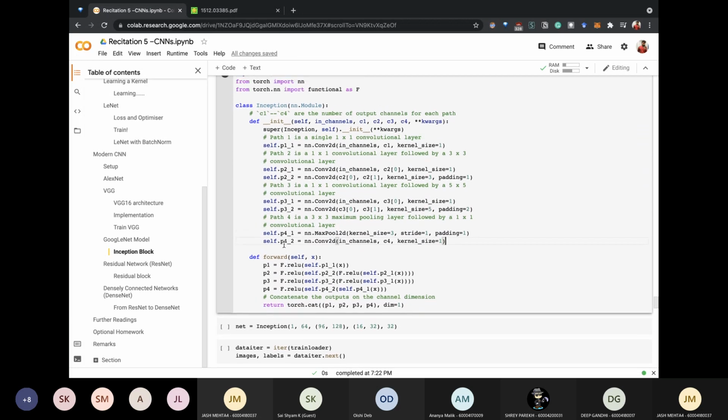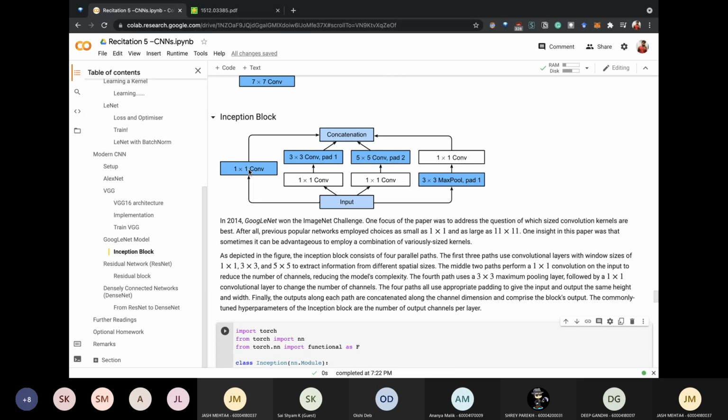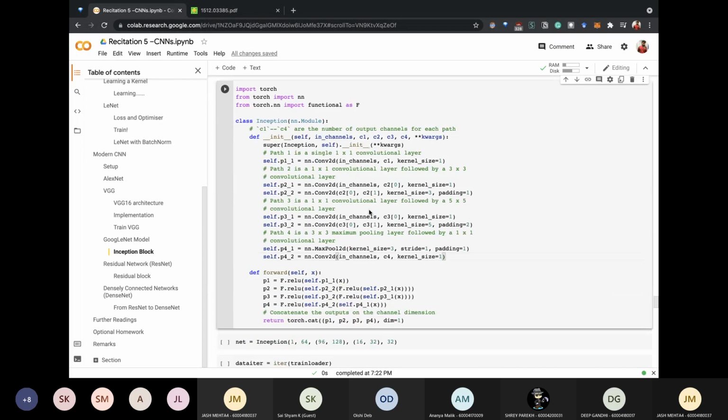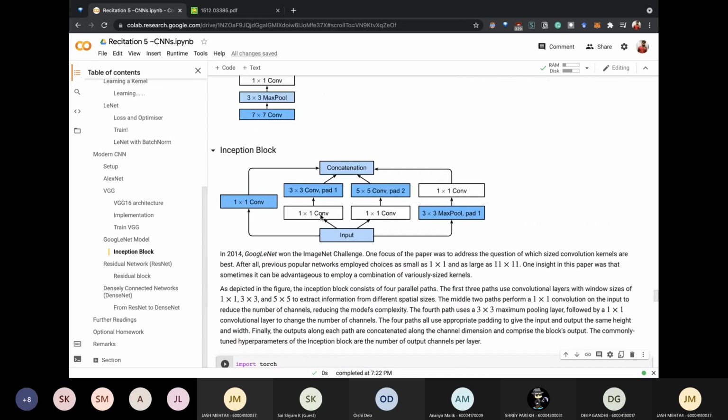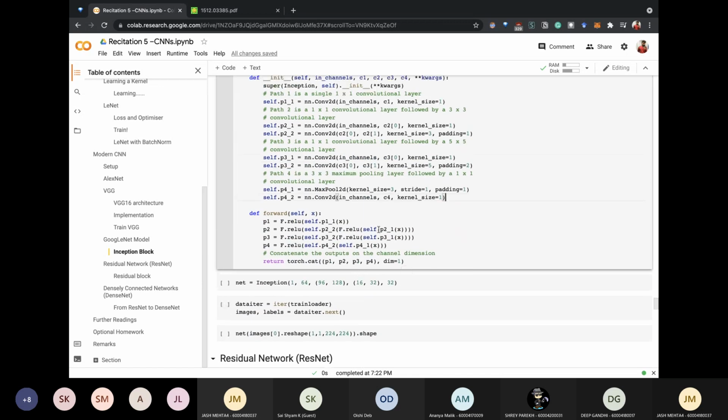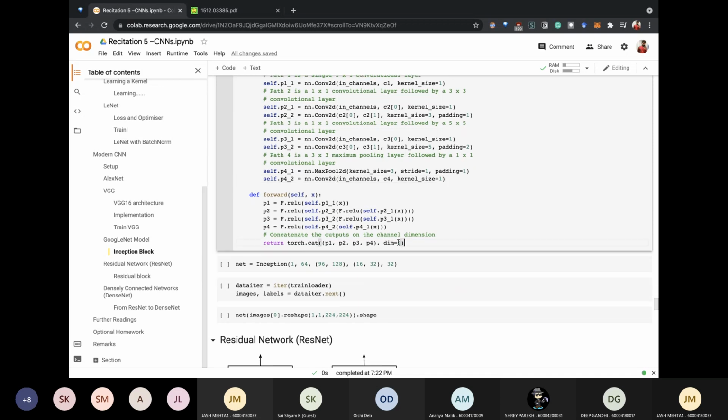Then in the forward function, we take the input x, apply relu, and we come here. This is the output of path 1. Similarly, for path 2, first we go through this layer, take the output, feed it as input to the next layer, take the output, and apply relu after each layer. At the end, we concatenate all the results from all the paths,